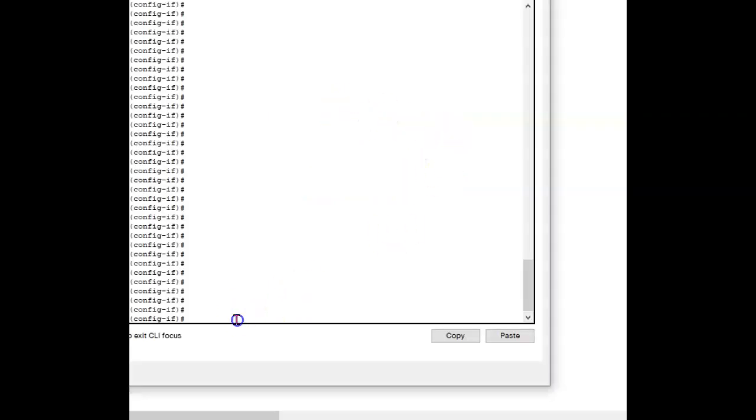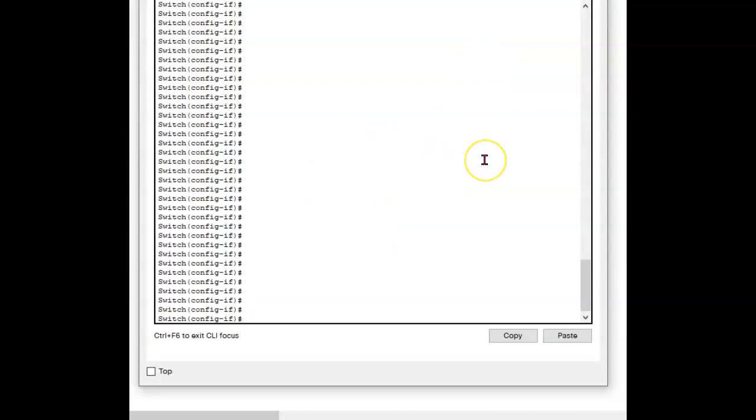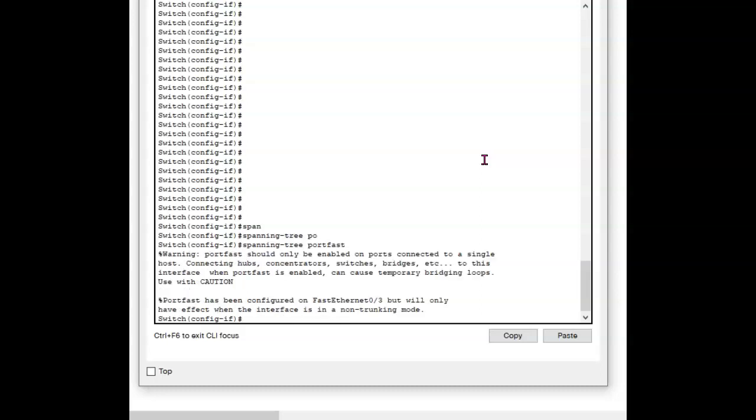So now here we are on this network, and we have 3 switches participating in STP, and I've got a PC over here plugged into port F0/3. I'm going to put PortFast on F0/3. So I'm in F0/3 right now, and I will type spanning-tree portfast, and that's the command. So I'll click enter, and now I have some stuff that came up.